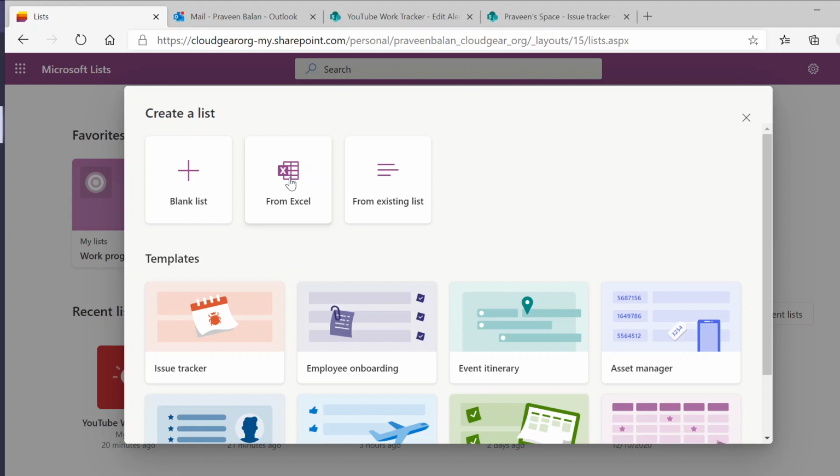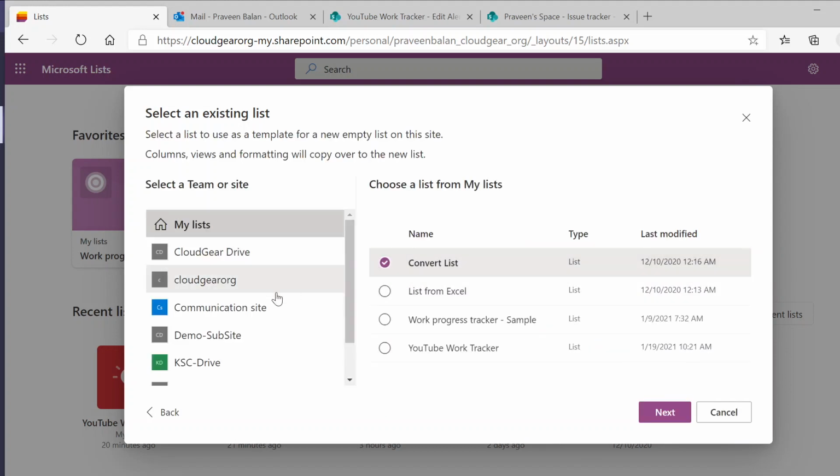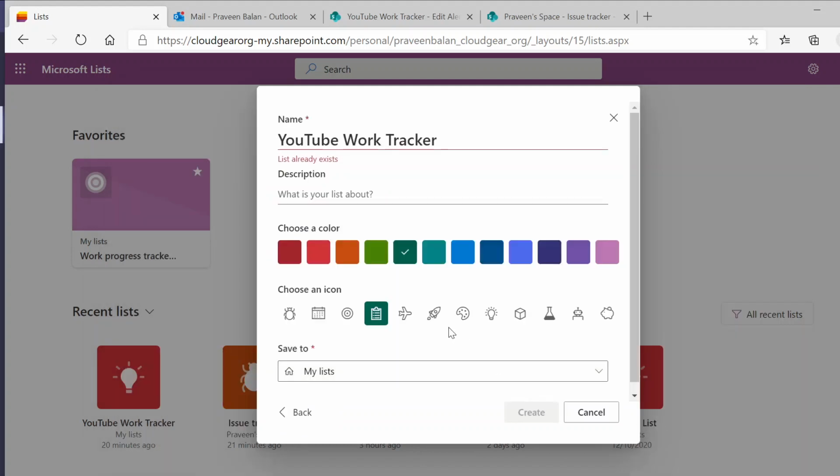If you choose one from the available templates, it will show what is available in the template, which can be used to create the list. In this case, I am going to go with the existing list because I want to copy the template of my YouTube Work Tracker to start a new list. So let's click from the existing list and proceed. That list is displayed there, and choose YouTube Work List. In case you want to go with a new list, that is definitely fine. I am using this since I already have the required fields mapped in the YouTube Work Tracker list that I have created already.